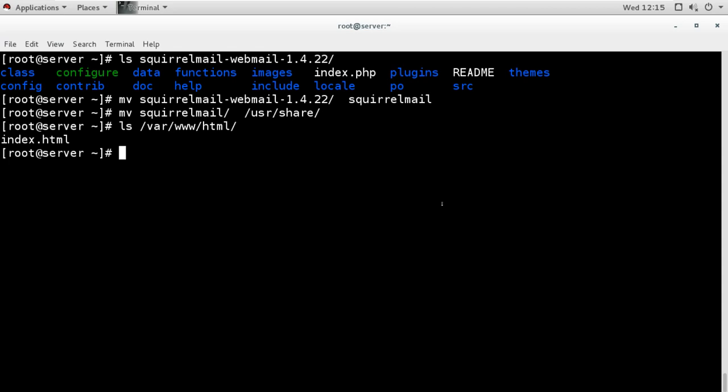Now why do we do this? Suppose this Squirrel Mail is 1 GB of data, and I want to use the data in multiple websites. Suppose we have configured 10 sites, and on all 10 sites I want to use this data, maybe some images or videos.